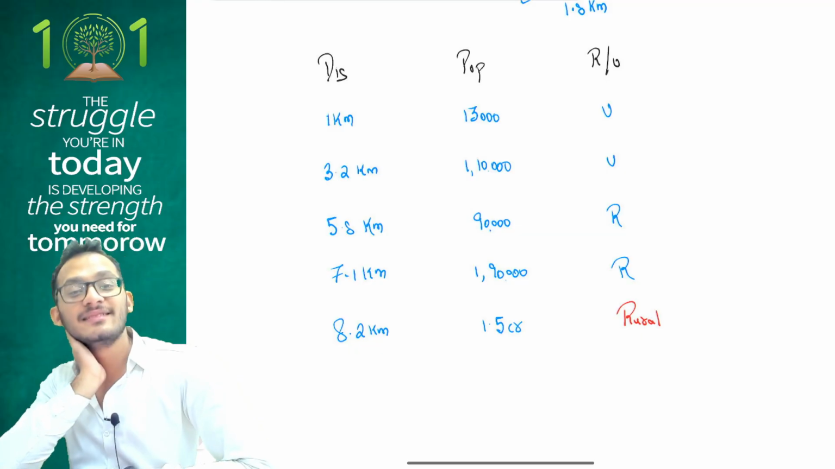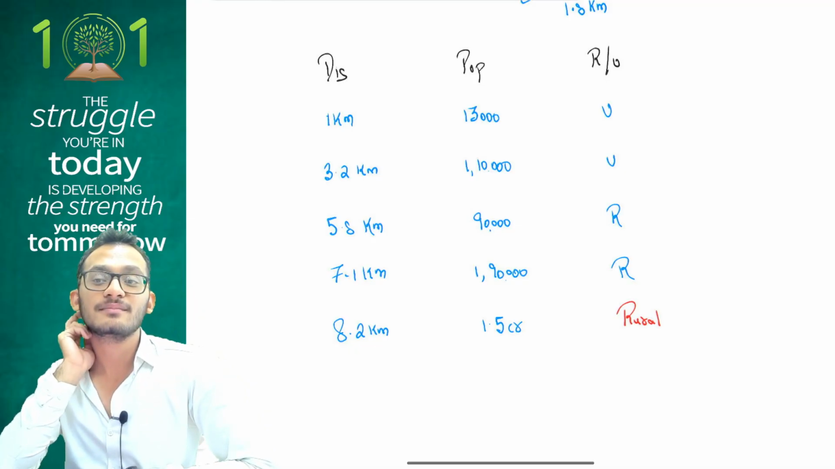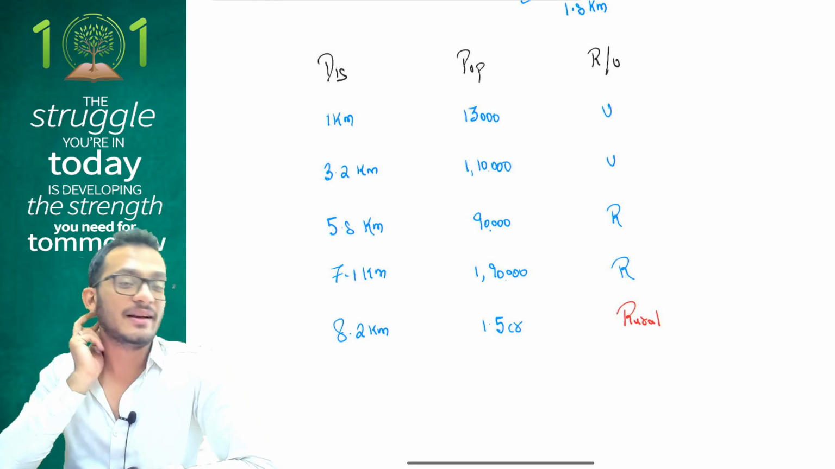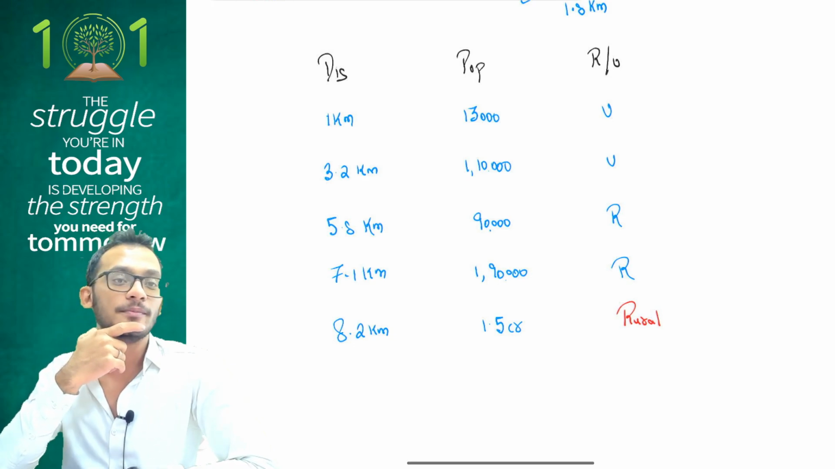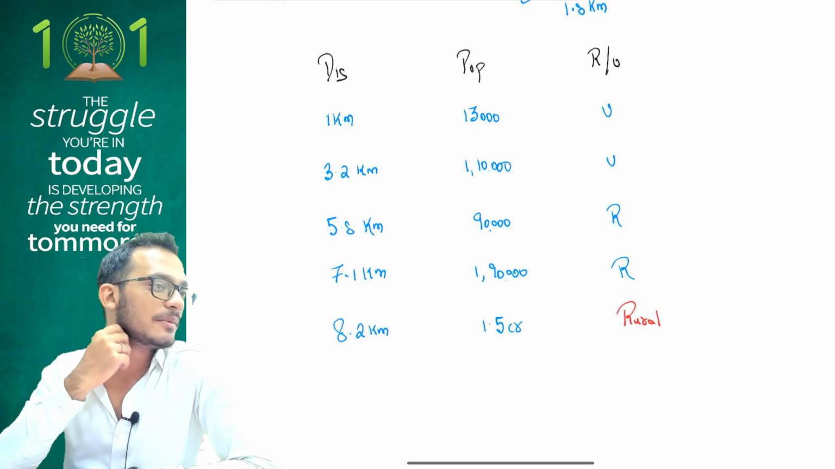Yes, this is the power of a definition. People, what is a rural land? Anything other than an urban land. When I defined urban land to you, I defined it only up to 8 kilometers. Did I define anything after 8 kilometers? Which means anything after 8 kilometers is not an urban land. And the moment it is not an urban land, it becomes a